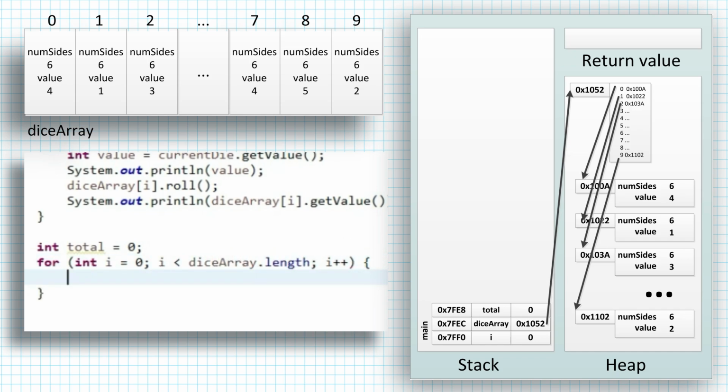And then inside the loop, I want to add up the die values, so I'll need to send the getValue message to each die and add it to total. total += diceArray[i]. Remember, that's the next die object in the array, so I can send it a message, .getValue(). That's it. This loop sends the getValue message to each die in the array and adds the returned value to